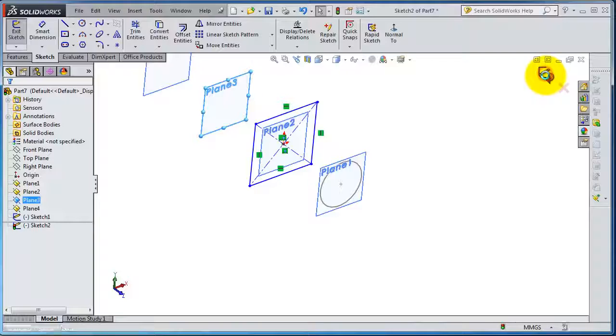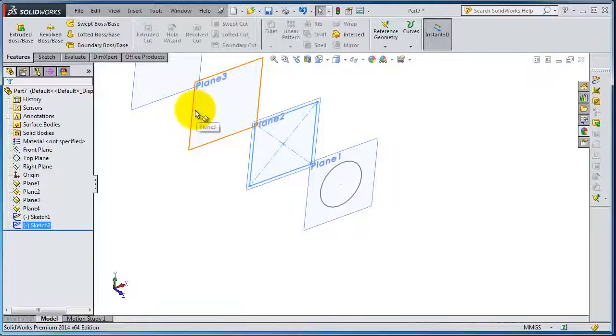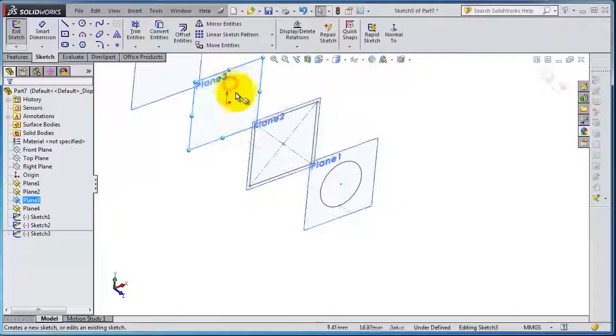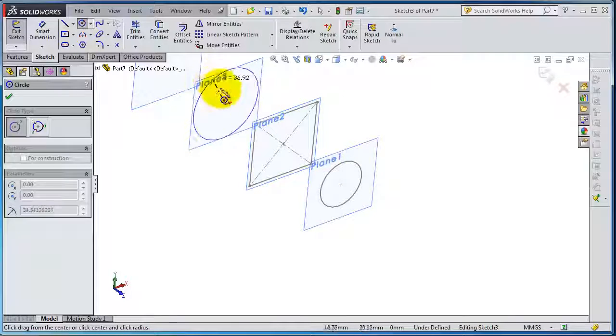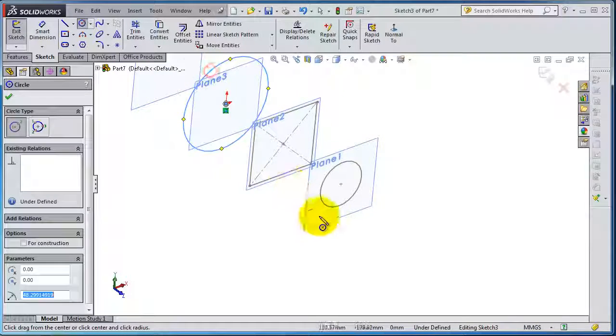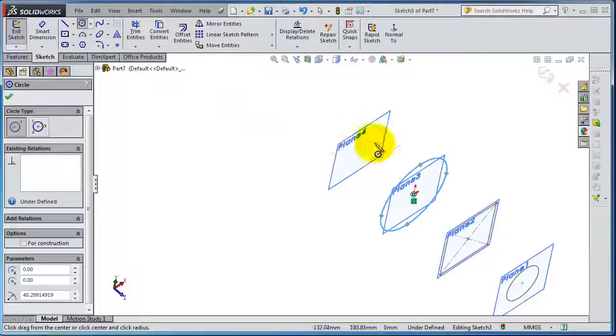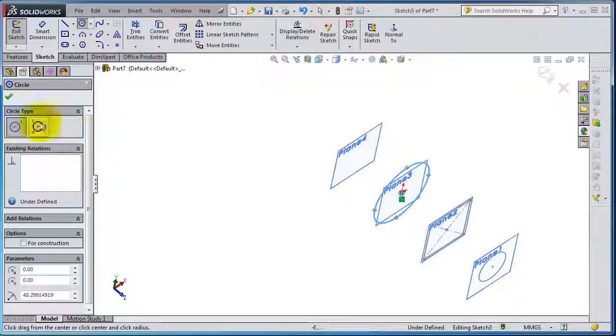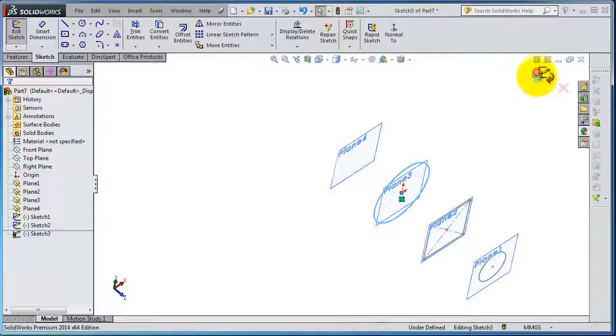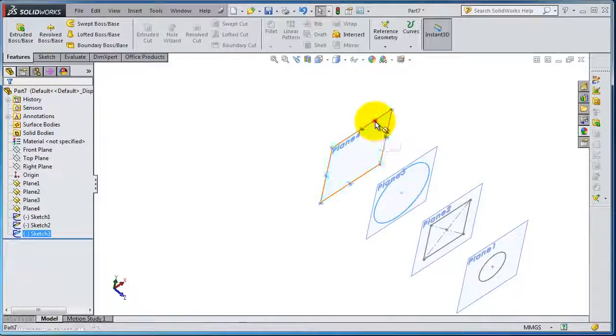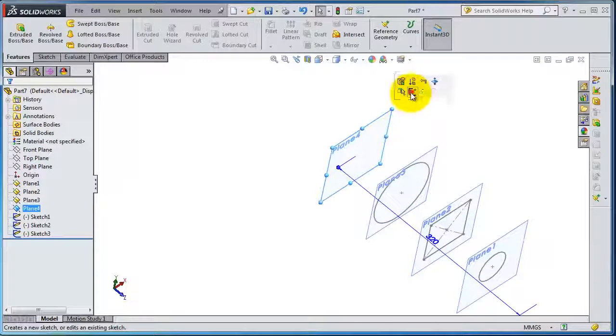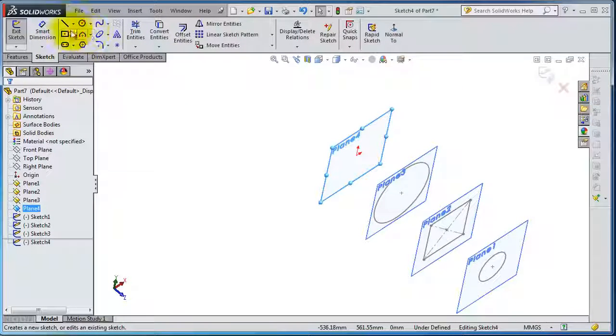Let's first exit that sketch, select that sketch, and let's again insert another profile or circle, at that origin. Okay, exit sketch, select another one, sketch, let's make a rectangle,